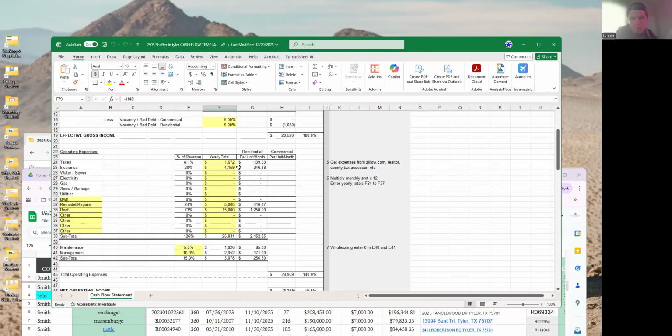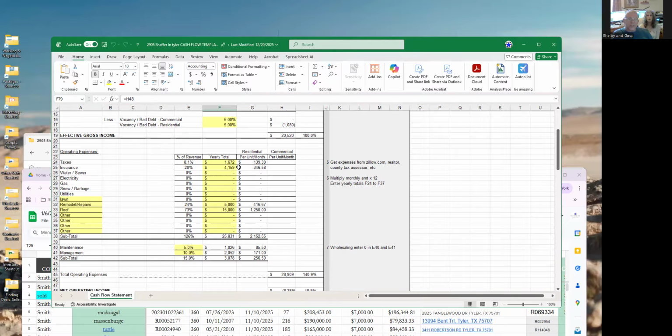So are you holding all of them for rent, or are you flipping some? I'm wholesaling everything in 2026. Okay, so your plan is to use the cash to buy it and wholesale with these numbers to whoever wants to buy it. Exactly. Yes. And the reason I'm showing you this is so